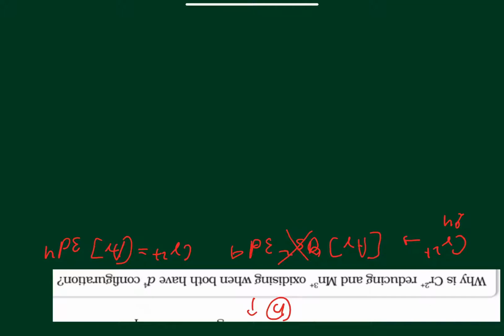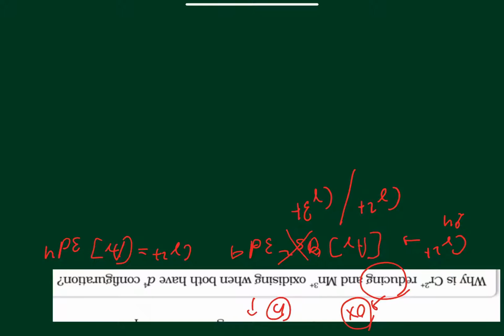Now when I talk about reducing, I just told you in the previous question, reducing means it will undergo oxidation. If it's a good reducing agent, it will undergo oxidation easily and its oxidized form will be stable. Oxidation means loss of electron. So when chromium 2 positive gets oxidized, what will it form? Loss of electron means it will be more positive, chromium 3 positive. This is the oxidized form, this is the redox couple. Because it's a reducing agent, it will itself undergo oxidation, so it will form chromium 3 positive.